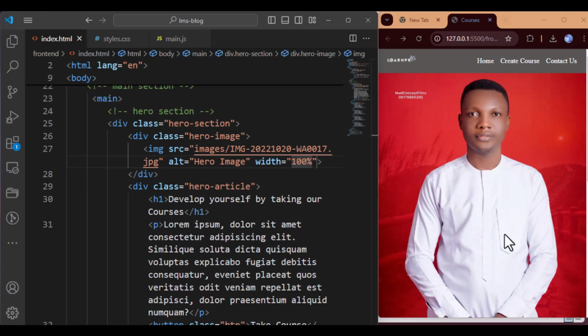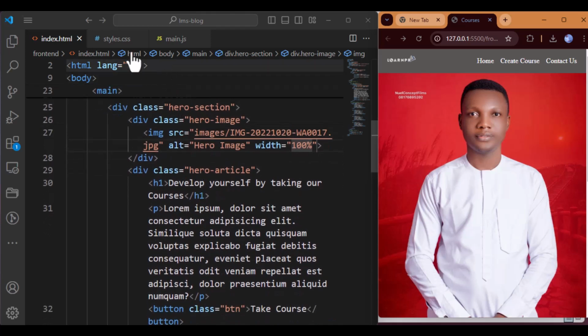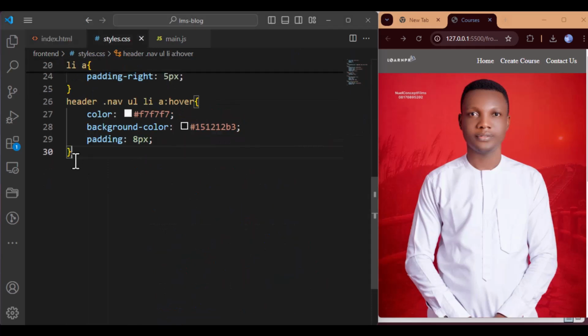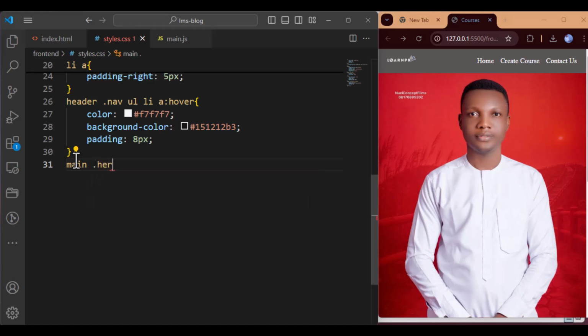So we want to demarcate this thing into 2 grids. So let's now target the hero section. So let's target the hero section, and the hero section is on the main dot hero dash section,